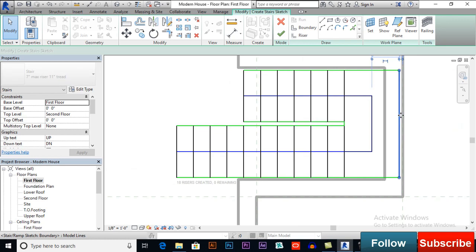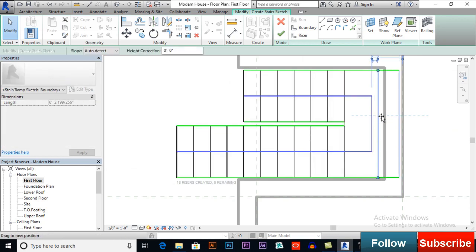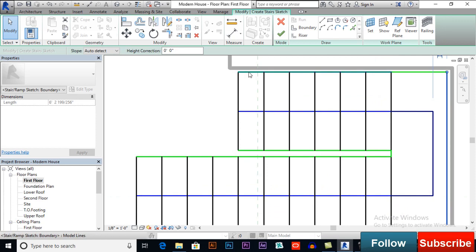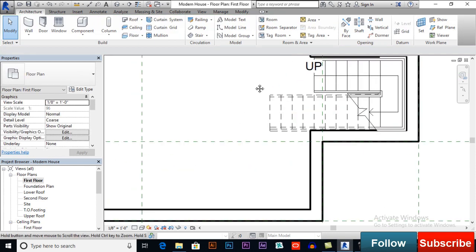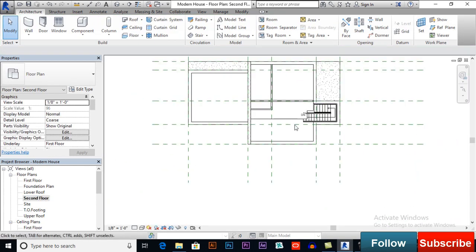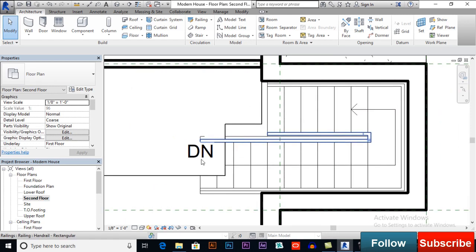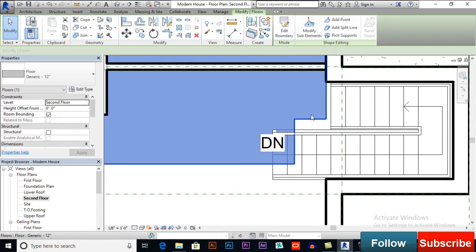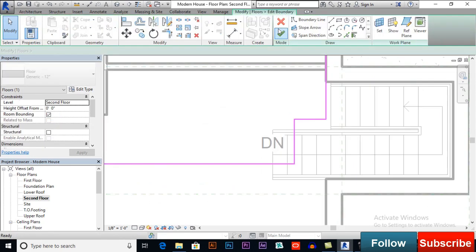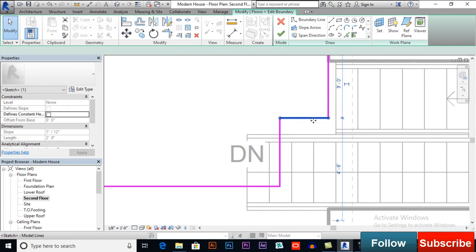Now we can modify our stairs, and you can make changes anytime you want. So this is how we created our stair. I will finish edit mode, and I will switch to second floor. So here we need some adjustment in our floor. I will select my floor and edit boundary, and I will move this a bit here